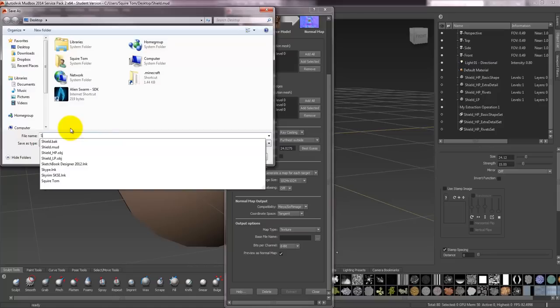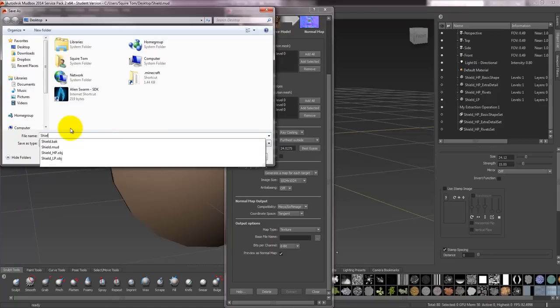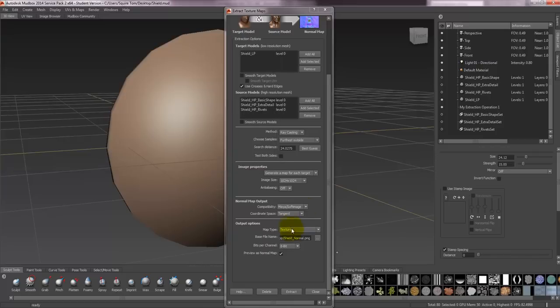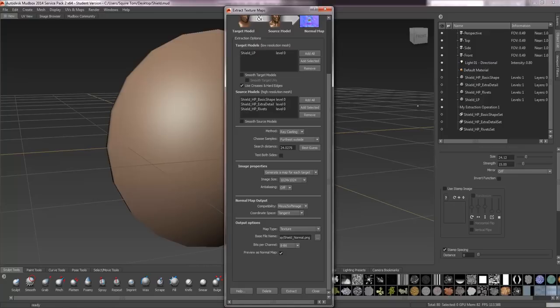Right, we can go down to the output options now, leaving the map type on texture again. Let's save it as shield_norm. Now I'll type it all out, normal.PNG again, and hit save. I'm going to leave the bits per channel on 8-bit, and the preview as normal map I'm going to leave ticked as well. So now we've input all of our settings, we can hit extract,